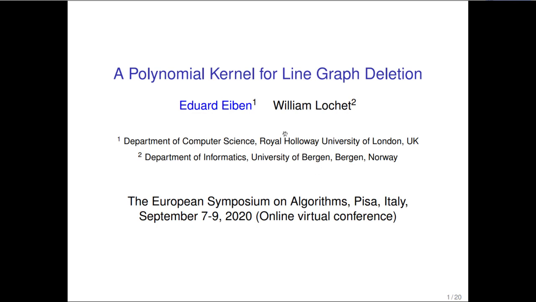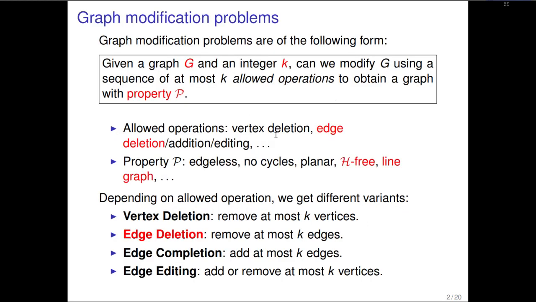Line graph deletion fits into a bigger framework of graph modification problems, where in a graph modification problem, we are given a graph G, integer k, and the question is if we can modify G using a sequence of at most k allowed operations to obtain a graph with some property p, where the allowed operations could be vertex deletion, edge addition, or edge editing, which is deletion or addition, and the property could be graph being edgeless, having no cycles,